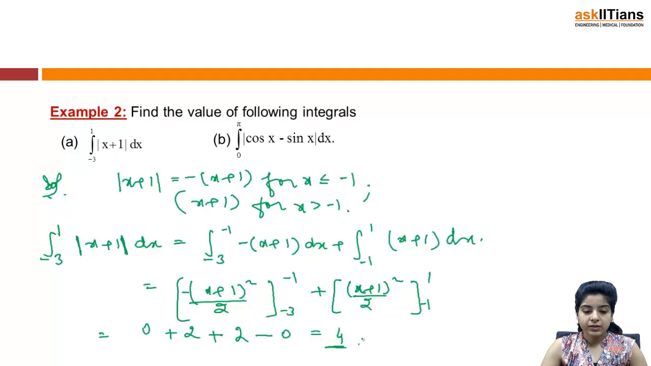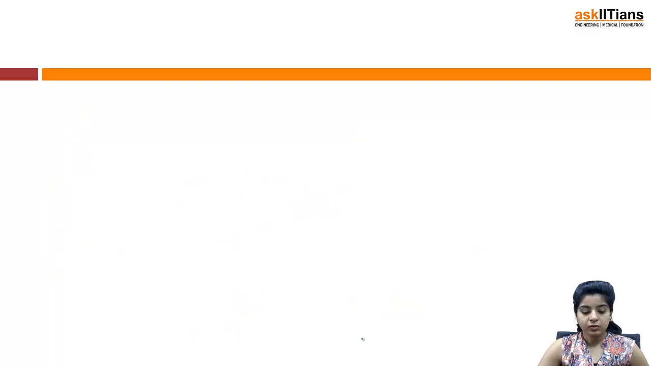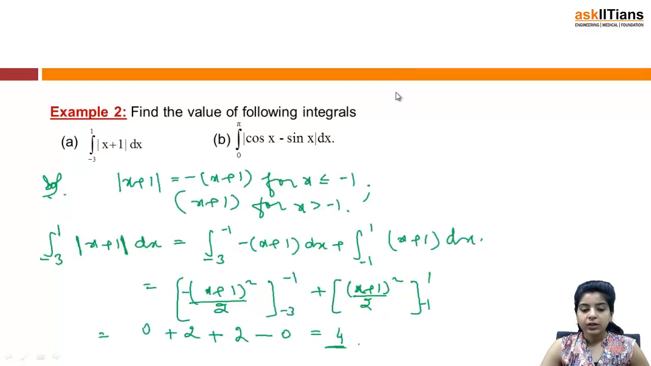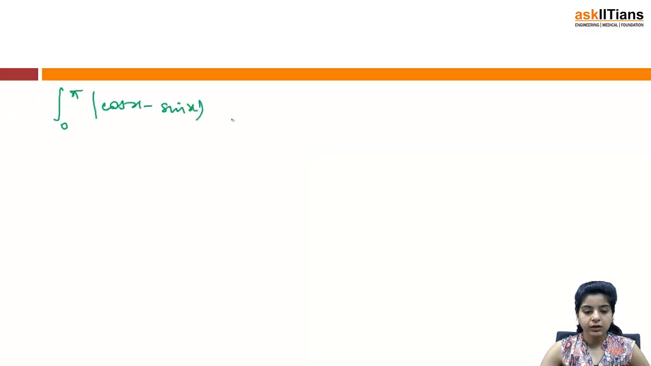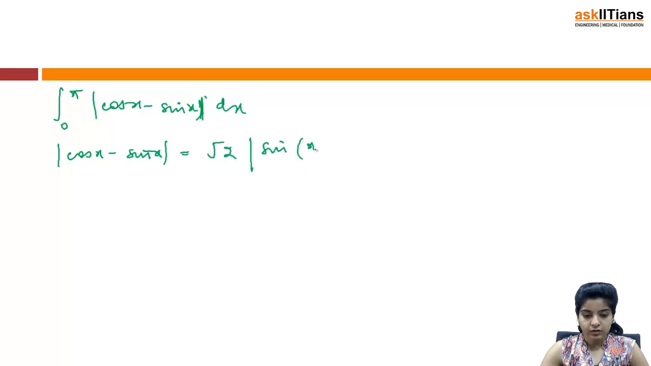Right, and what about the second part? Now the second part was integral 0 to pi cos x minus sin x dx. So now what we have is integral 0 to pi mod of cos x minus sin x dx. Now again, first of all, mod of cos x minus sin x will be equal to root 2 sin (x minus pi by 4),